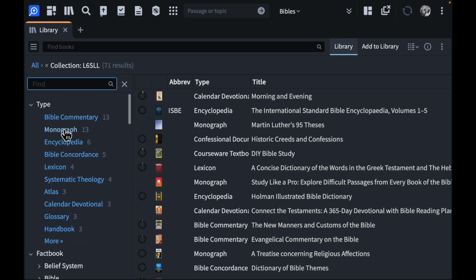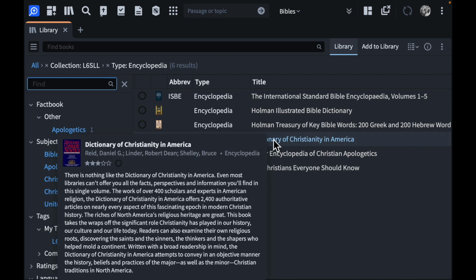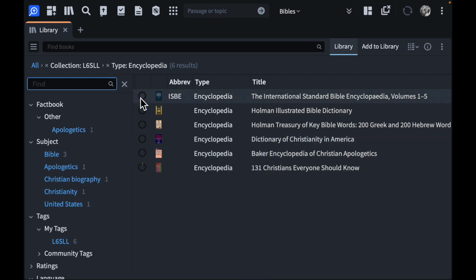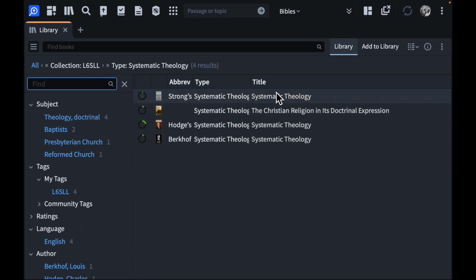type. I could see monographs, just like one-off books, encyclopedias. So what do I own that are encyclopedias? Okay, I have 5, 6 different encyclopedias, Dictionary of Christianity in America. Maybe I want to do some research on a specific branch of Christianity. So I have encyclopedias I could look to. I have systematic theologies I can sort by and see quickly, all right, here's the 4 systematic theologies that I